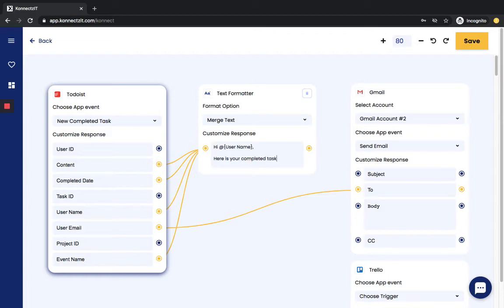That will be the content, and completed on, that will be your date. So you can select that completed date from the event. You can select the event name as well. So regards.